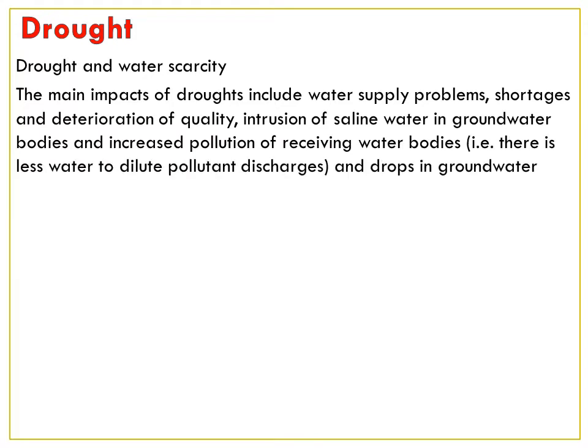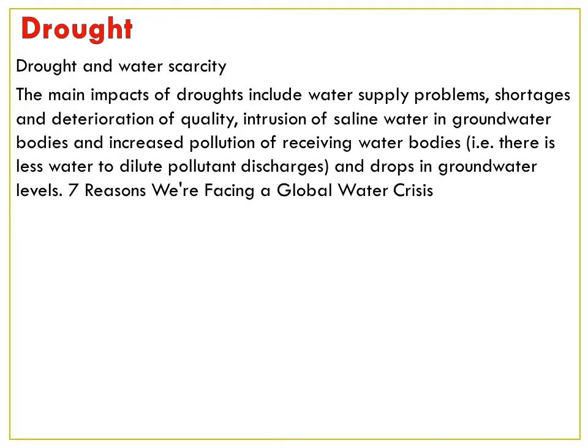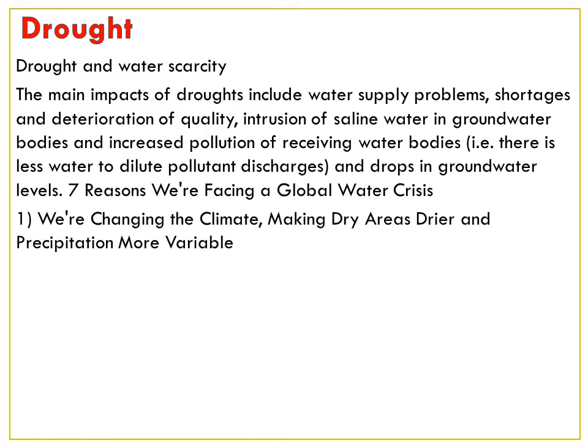What are the reasons of failure? We'll see 7 reasons we are facing for a global water crisis. There's less water in the world nowadays. In every 2 or 3 days newspapers we go through, isn't it? Our elders are worried. There's no water in the area, there's scarcity of water, dirty water is coming in the taps.